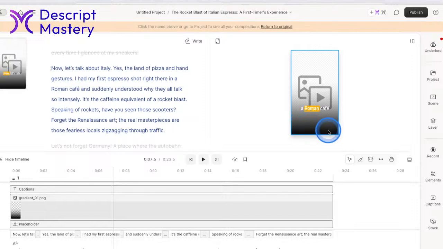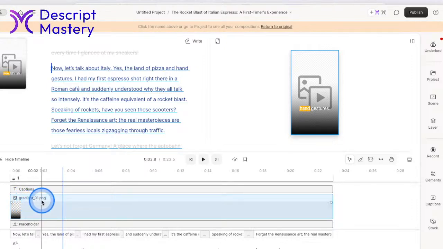Now notice there is this black gradient. That is our next layer. That was part of the layout. It came in, it's called gradient_01.png. That's the file. And this throws a lot of people off. Okay, actually, before I get into that, let me go into what's behind that. This image of a photo and a play button.